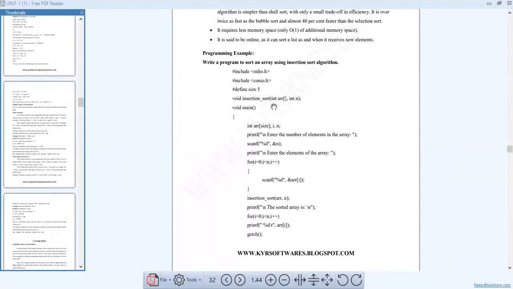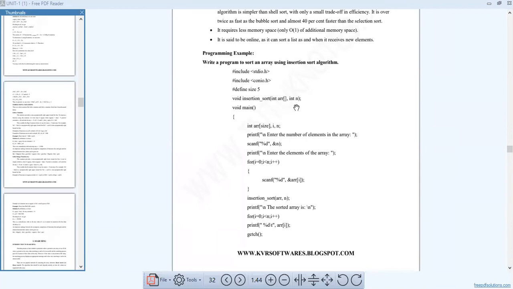Directly we are passing the arguments in the function void insertion sort. You can take only insertion, or any name, some my insertion sort. I'm just making a hyphen void insertion sort for a clear understanding. So directly I'm passing arguments, that is array and n.